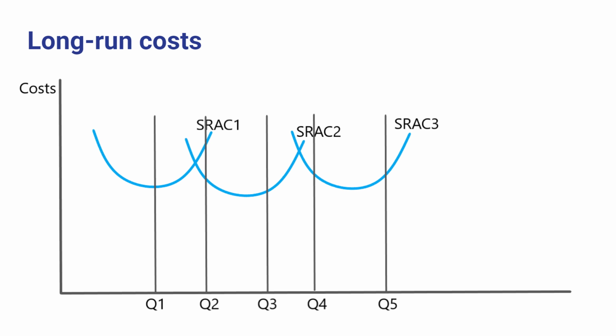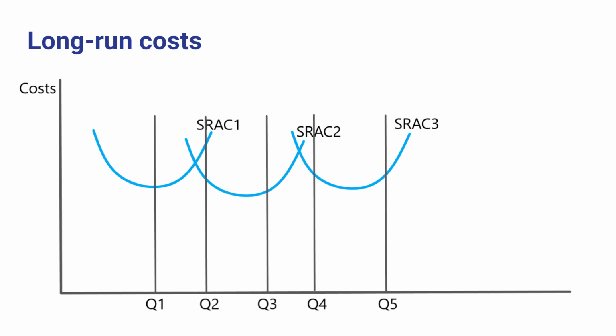If the level of output expands to Q2, then it would switch to the medium-sized firm because that would allow it, again, to produce at a lower cost per unit. If the output increases to Q3, it would still stay with the medium-sized firm because that would provide lower average costs than either the small or the large-sized firms. Once it gets to an output such as Q4, though, it would be better off switching to the large-sized firm,